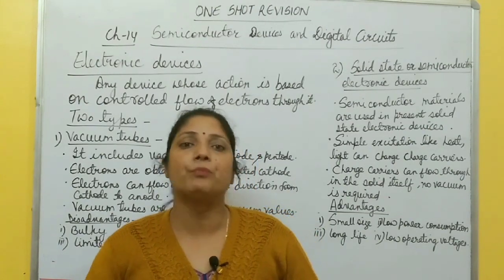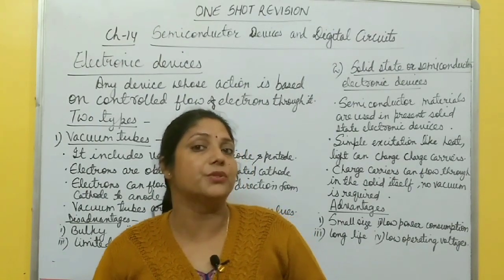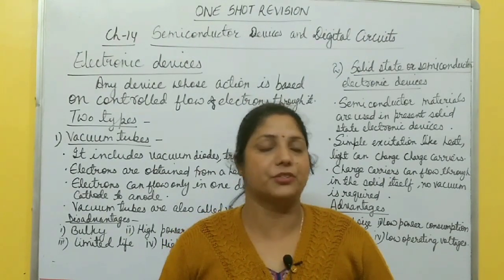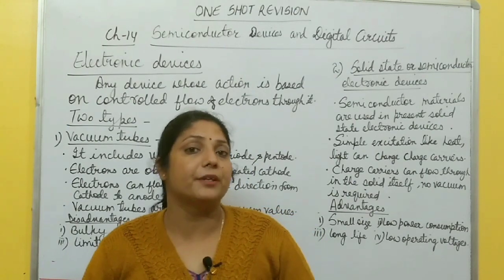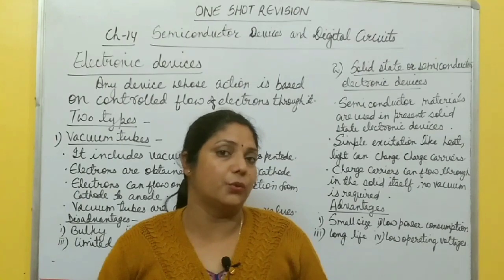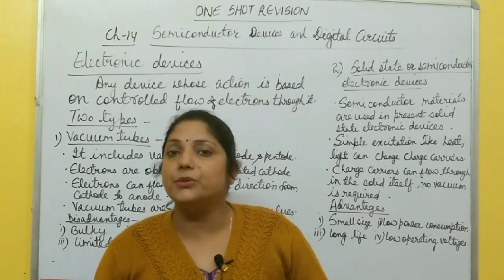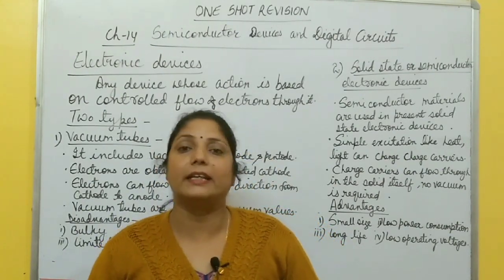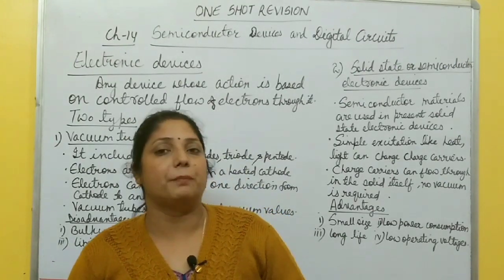In this chapter also one or two topics are deleted, like Zener diode, its characteristics, and how it is used as a voltage regulator. So no need to study Zener diode for board examination for this year only, right? But still other important topics are there in this chapter, like energy bands in conductor, semiconductor and insulator, then semiconductor or PN junction diode, how it is used as a rectifier, then some applications of PN junction diode like LED, photocell, photodiode and solar cell. So I will cover each topic one by one.